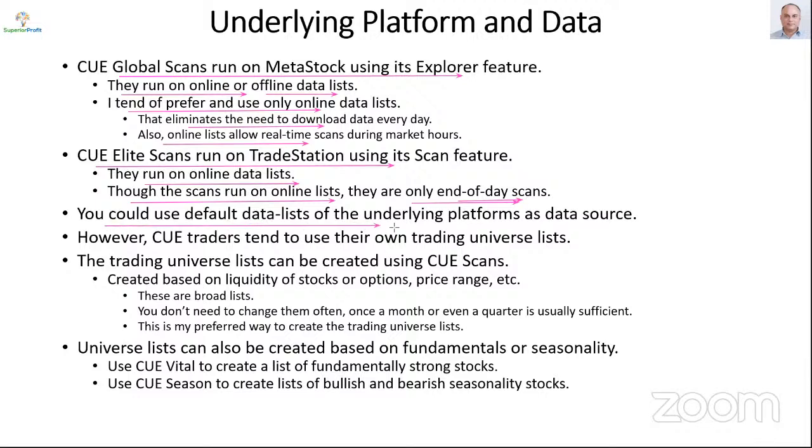You could use default data lists of the underlying platforms as data source. TradeStation and Metastock both come with default data lists, usually broad and large data lists. You may use them. However, Q traders tend to use their own trading universe lists. We all trade a little bit differently. For example, what exactly is liquid stocks may be different for